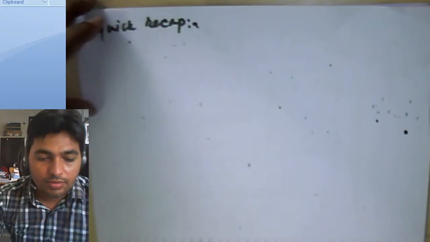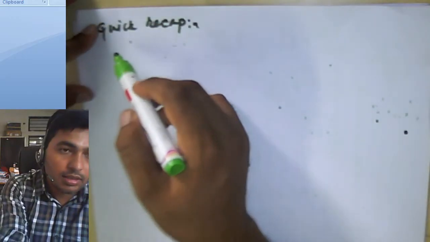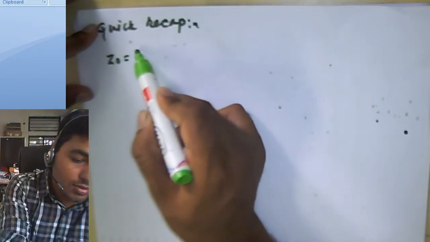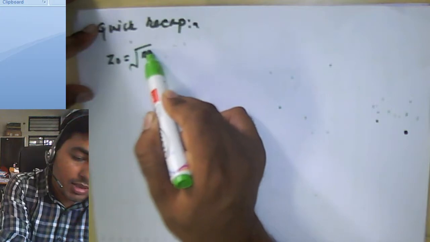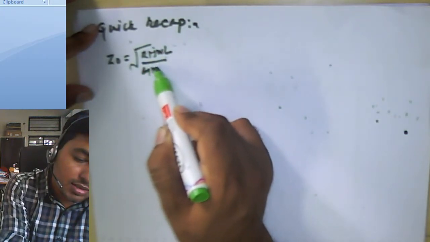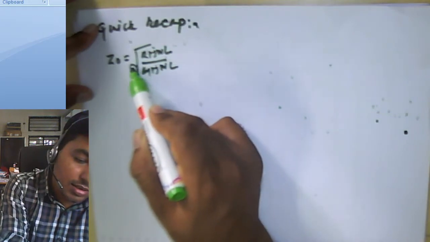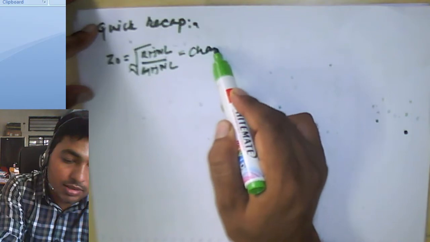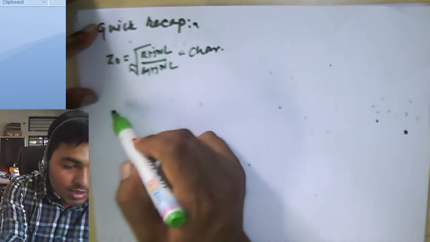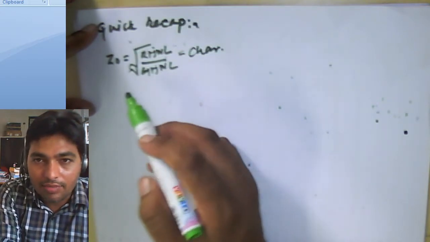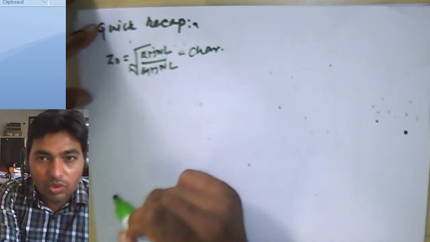In this lecture, we have first defined the characteristic impedance, which will be equal to Z0, that is the square root of R plus j omega L divided by G plus j omega C, and we have defined this parameter. This is our characteristic impedance. Now from this we have modified our voltage and current equations, and we got the solution of the voltage and current